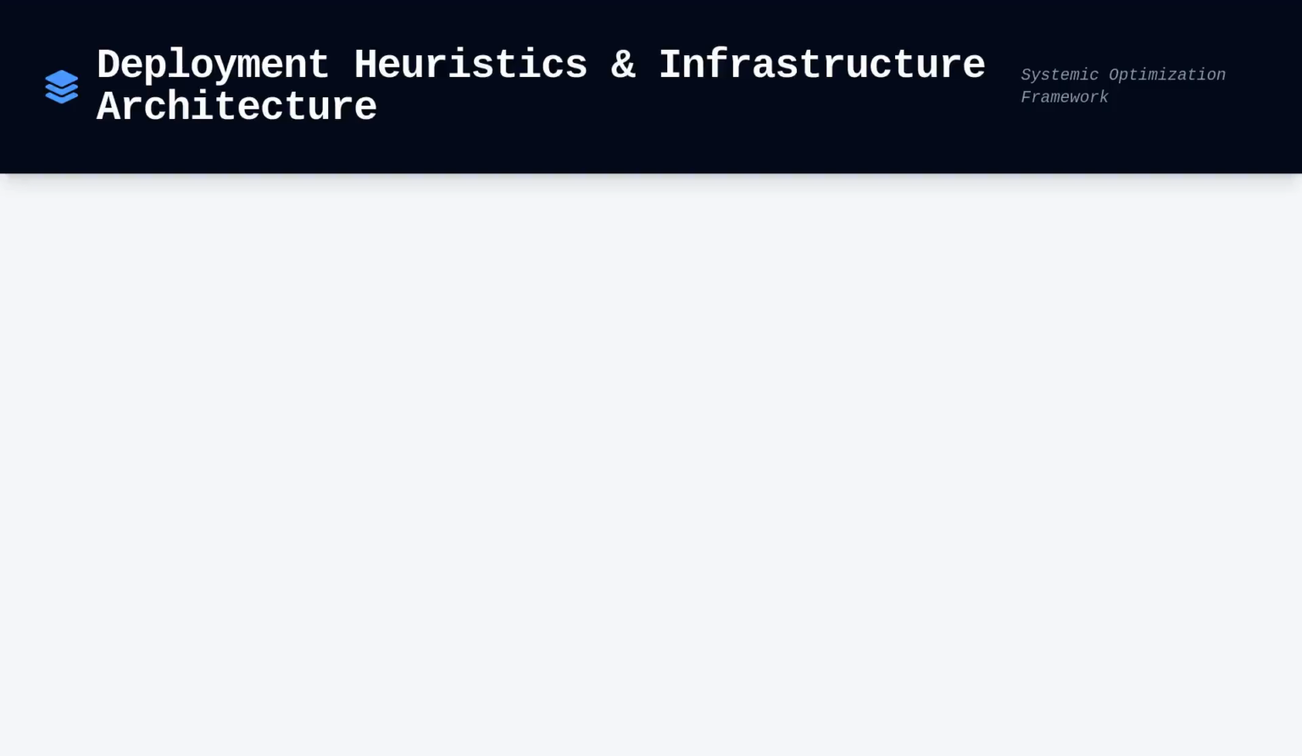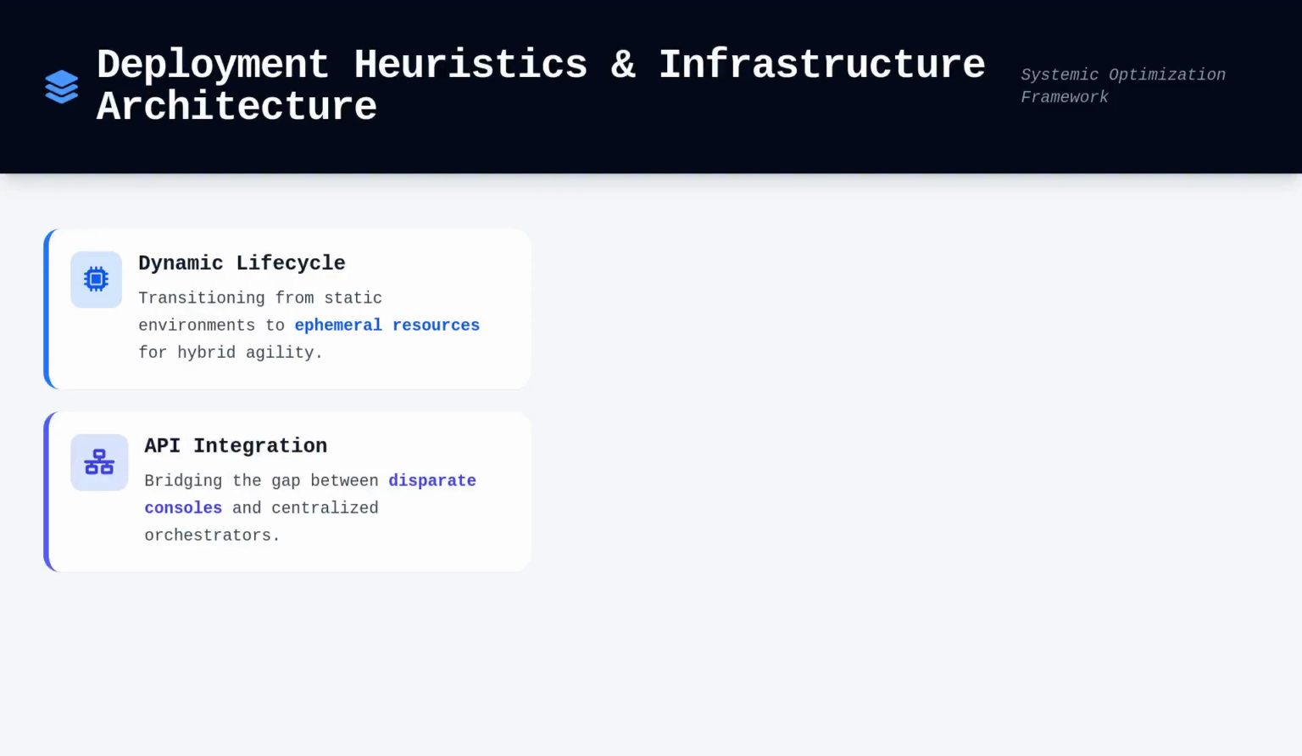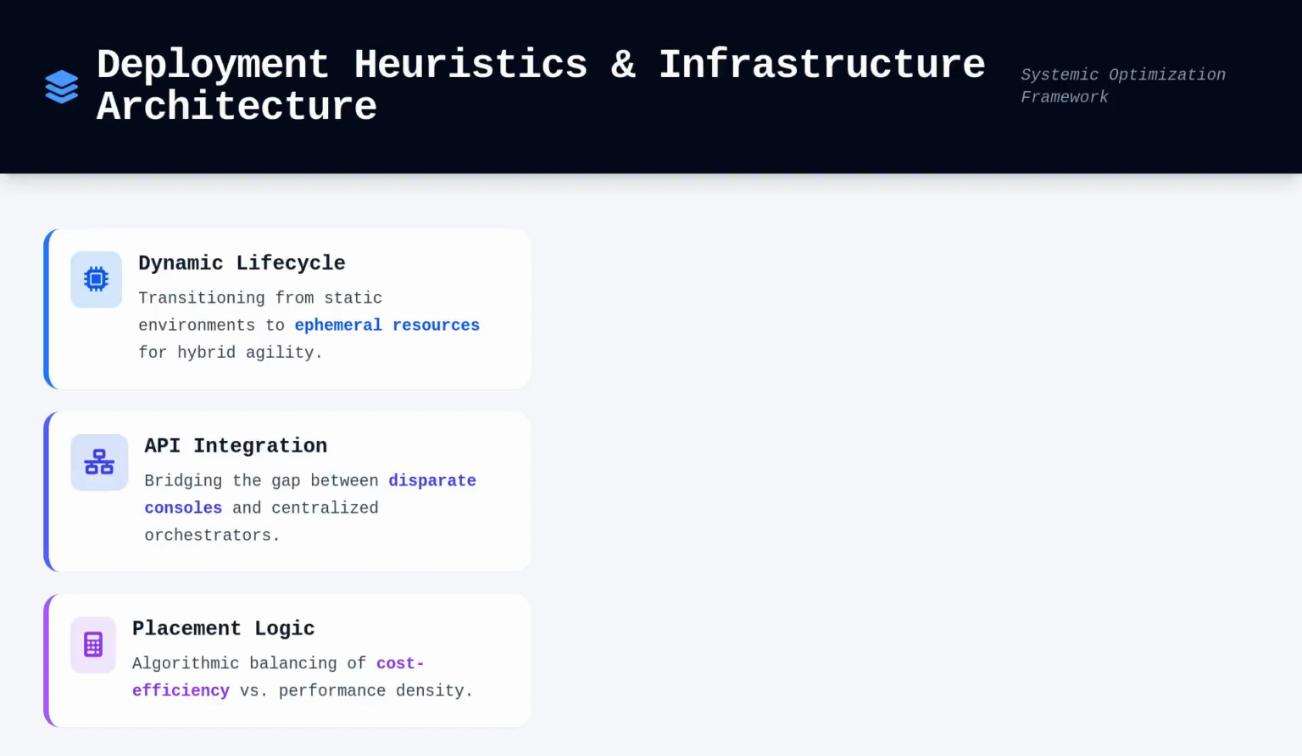Deployment heuristics provide the framework for how we distribute services within this architecture. Unlike traditional static environments, hybrid systems require us to think in terms of lifecycle management where resources are ephemeral. We rely heavily on API utilization to bridge the gap between disparate management consoles and centralized orchestrators. Resource algorithms determine the placement of these workloads, often prioritizing either cost efficiency or performance density based on predefined enterprise